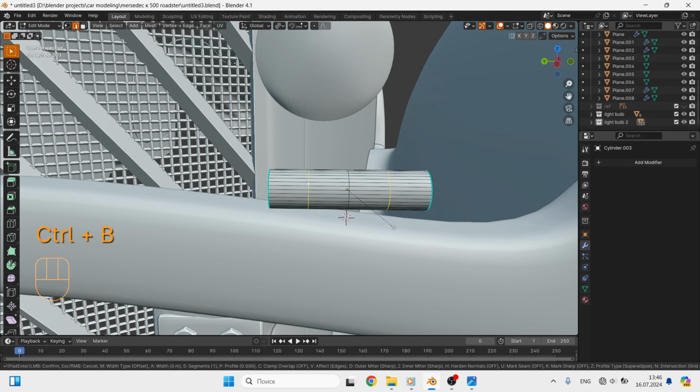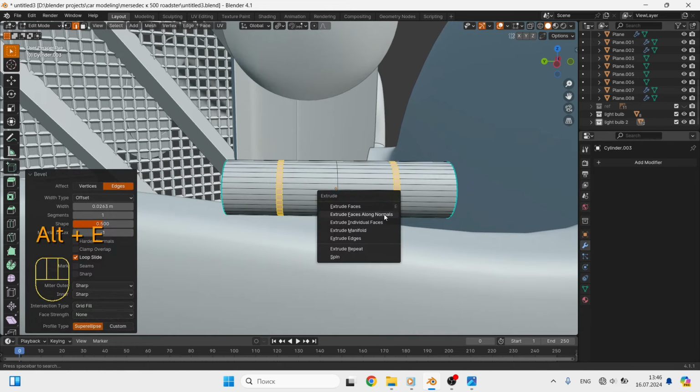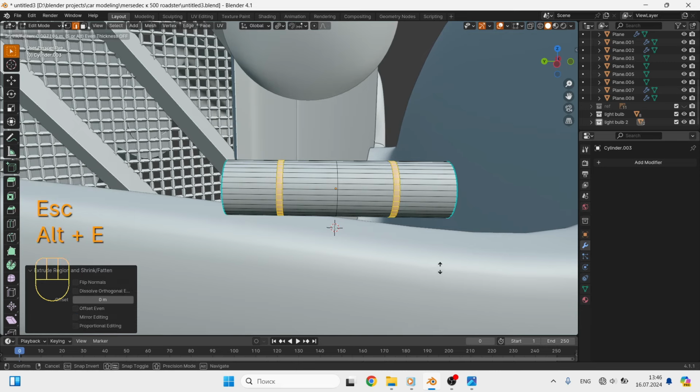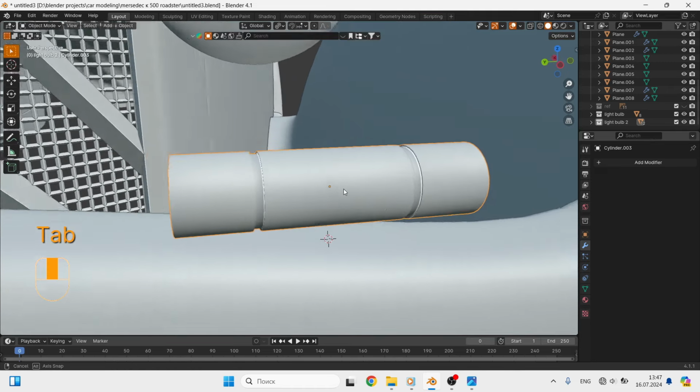And immediately press Alt-E to extrude the faces inward. And in this simple way we get a loop. And so we place it between the headlight and the mounting plate.